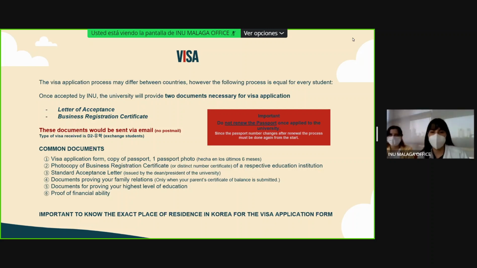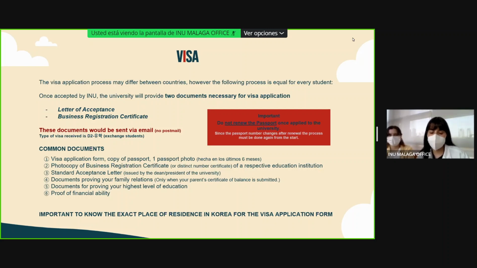You cannot get your visa without these two documents, which are the letter of acceptance and the business registration certificate. Those two will be emailed to you. Before, we sent them through postal mail, but nowadays it's sent through email. Professor Brian will let you know when the time comes.